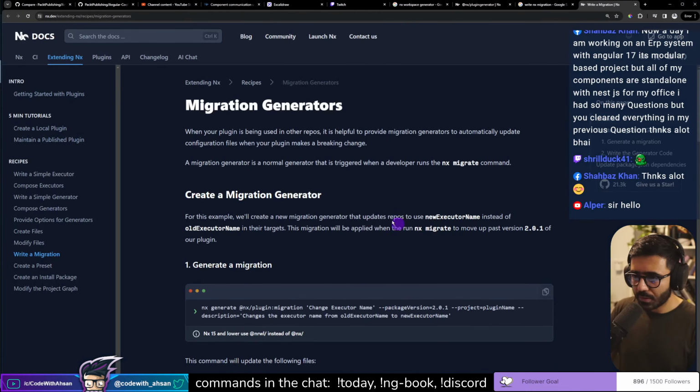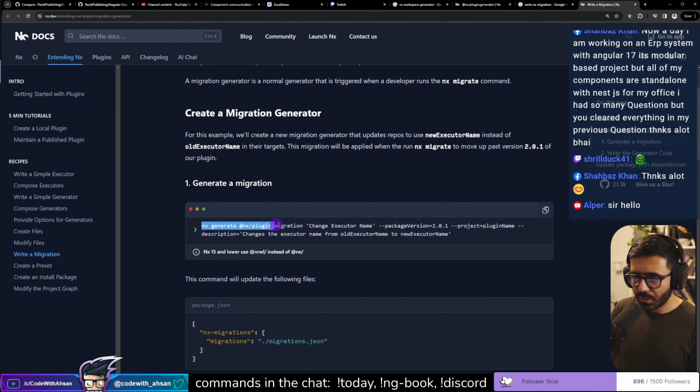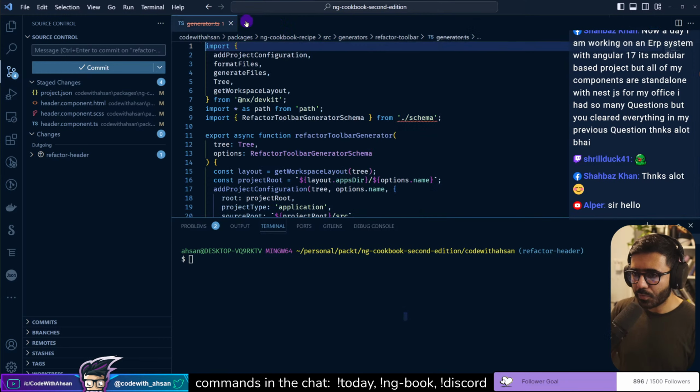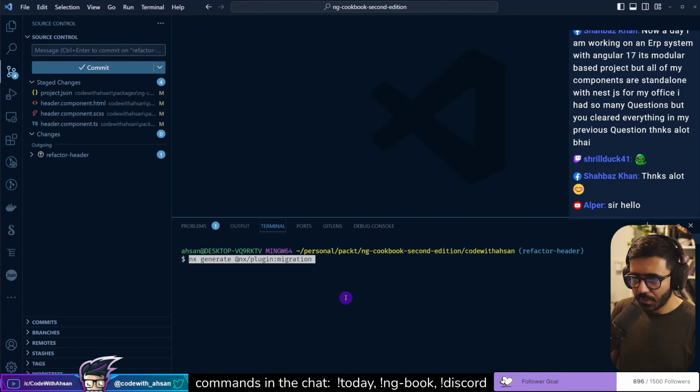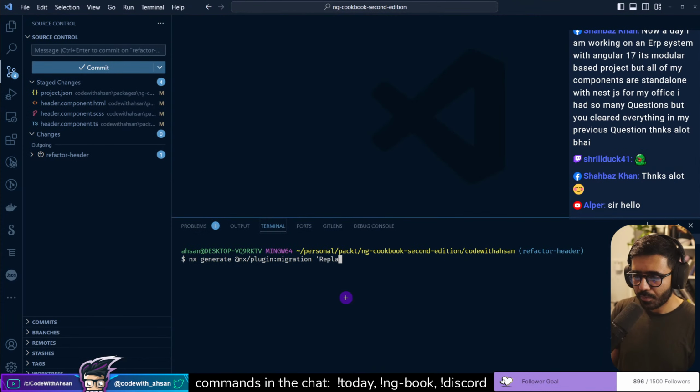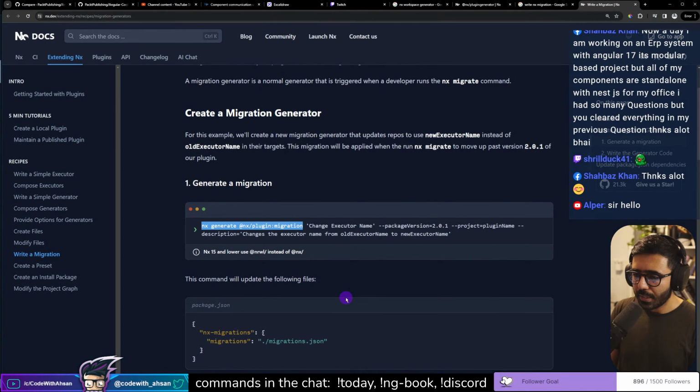So then I should rather run the migration one. So nx generate, nx plugin migration. I think that's the better way of doing this then. So generate migration. We call this replace the toolbar, right? And then we can say